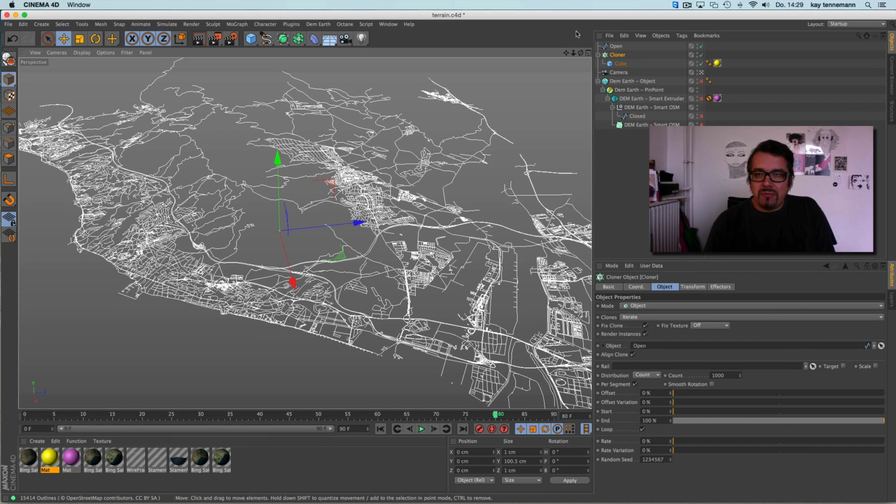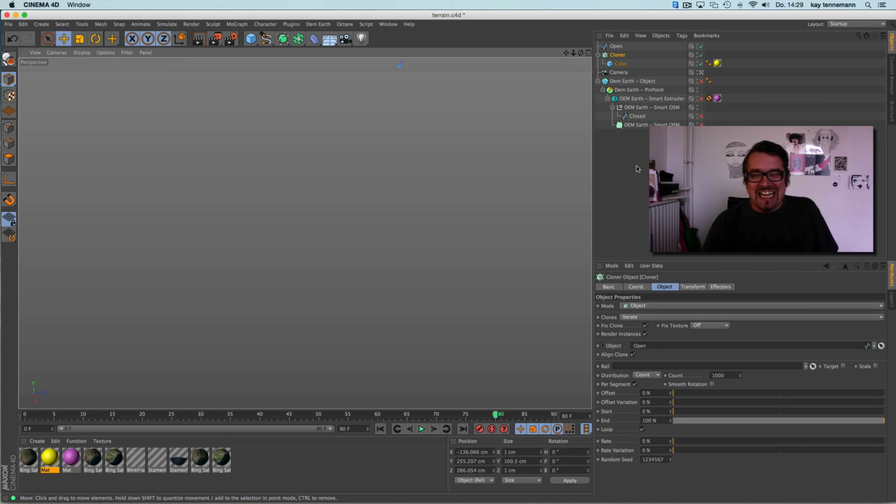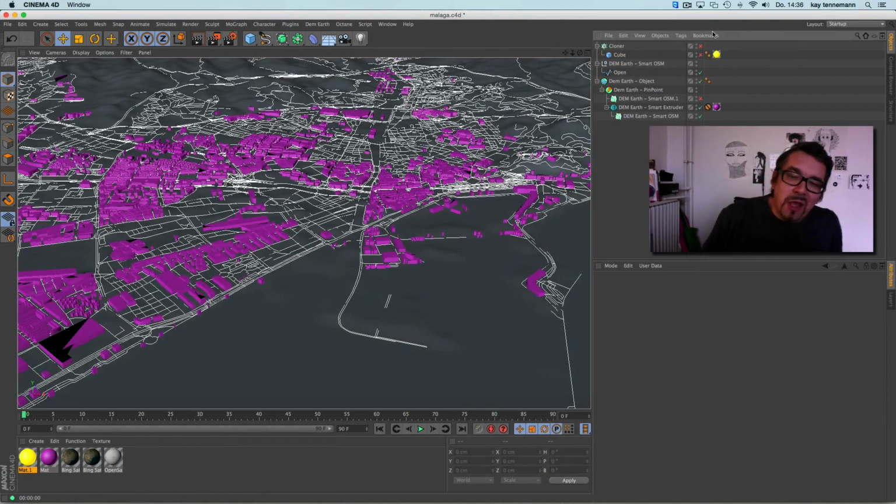And now we have so many clones on the splines that my Cinema froze. This is what I was afraid of. So yeah, I closed Cinema because I don't like to wait so long.